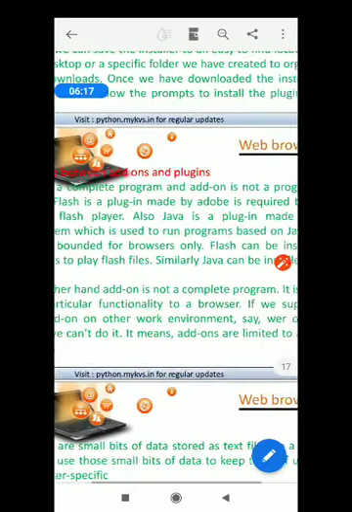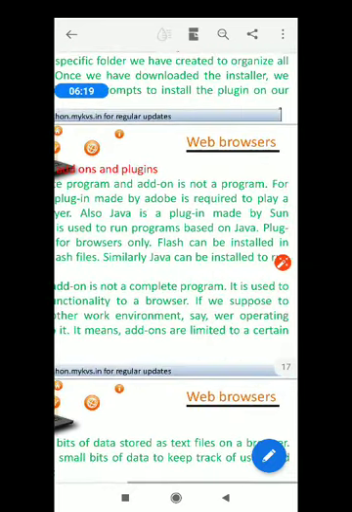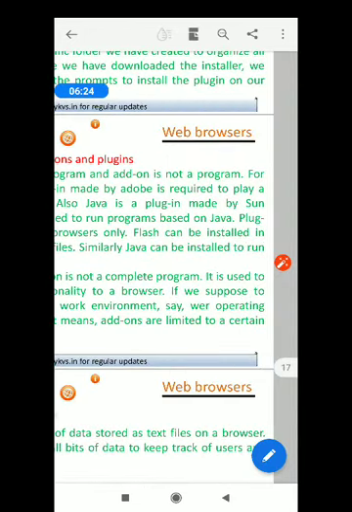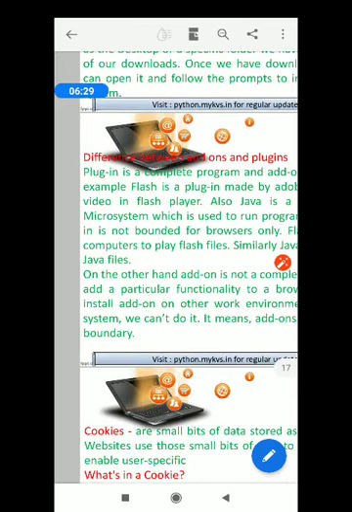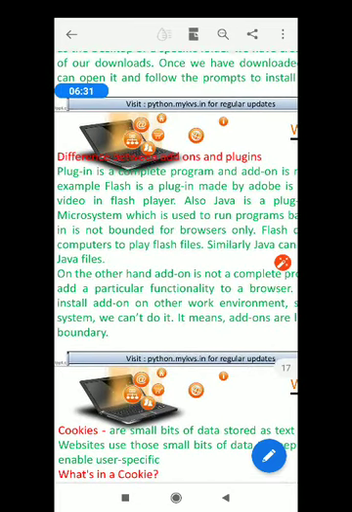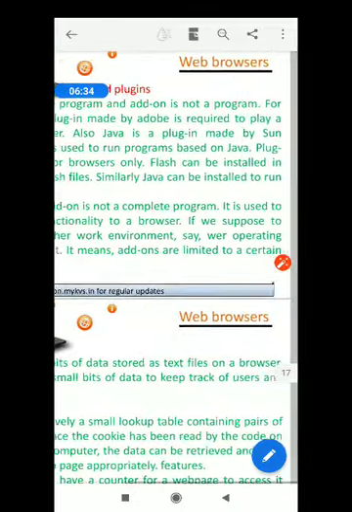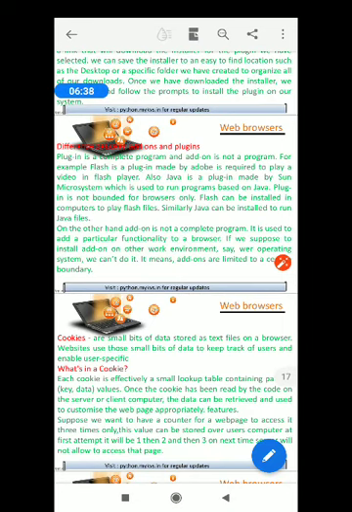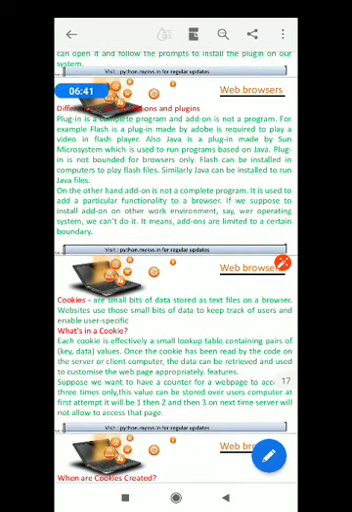For example, Flash is a plugin made by Adobe, and Java is also a plugin, whereas an add-on is not a complete program. It is just extended functionality to a browser. So add-ons are limited to a certain boundary. This is the basic difference between add-ons and plugins, may come in the examination.